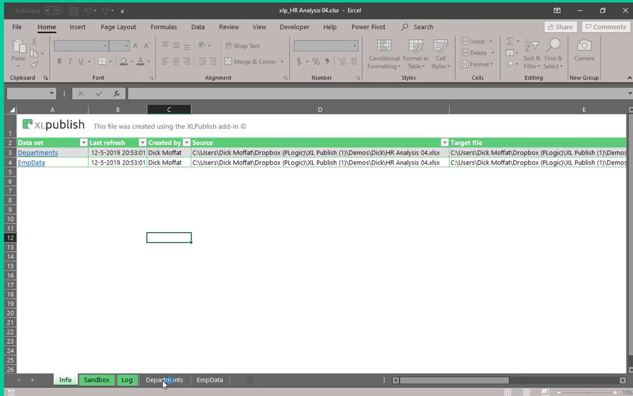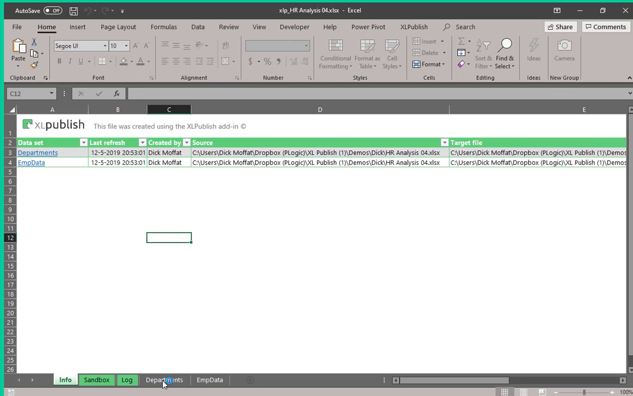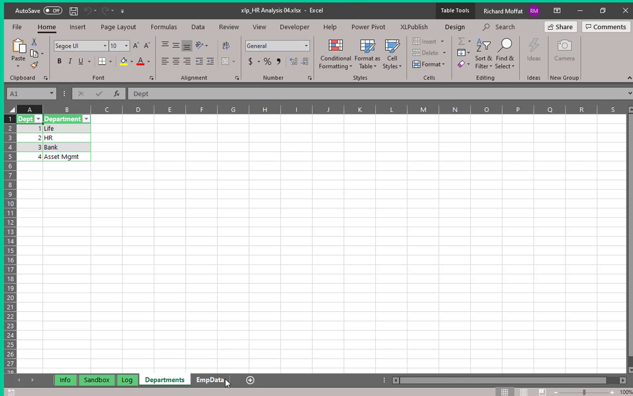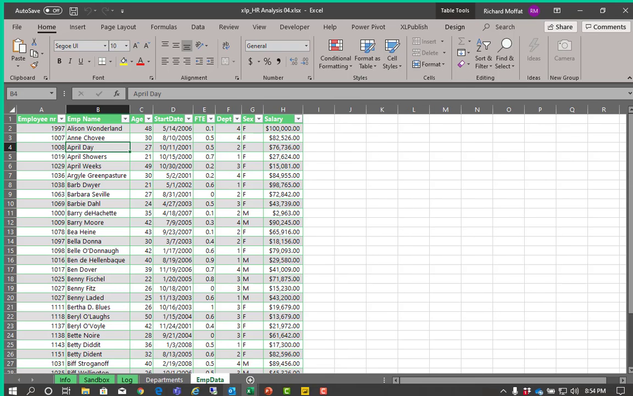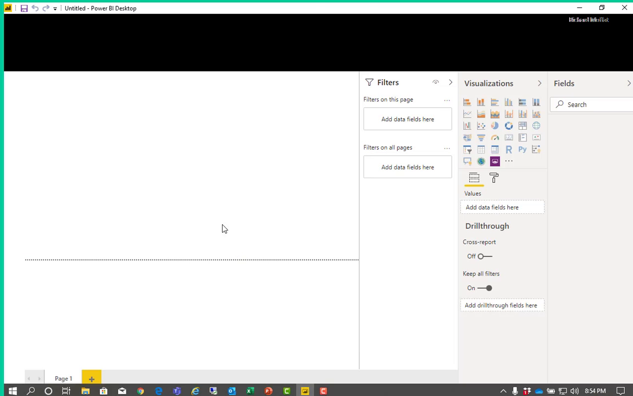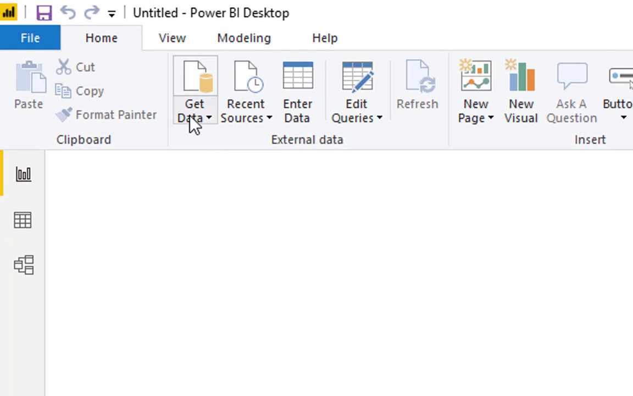When I open it, it shows that I have two tables. I have departments and I have emp data. There's my one, there's my many. I don't know if you noticed, but these were also published directly to the XLP testing